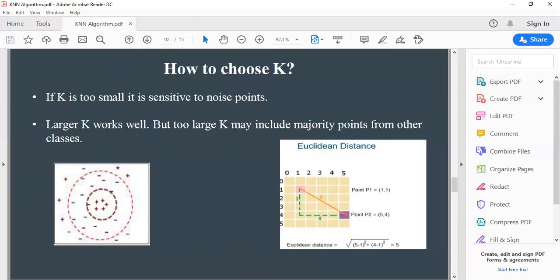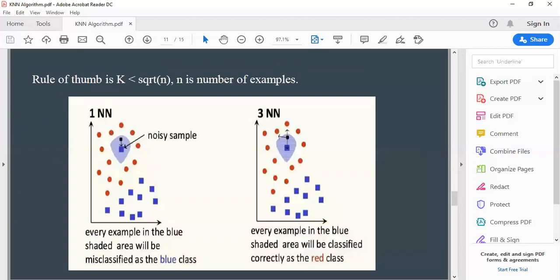There are a few points to consider on how to calculate k. The k value should be odd. The k value must not be a multiple of the number of classes. The k value should not be too small or too large. There is no straightforward method to calculate the k value. The thumb rule used for calculating the value of k is k equal to the square root of n, that is, k equal to n raised to 1/2.